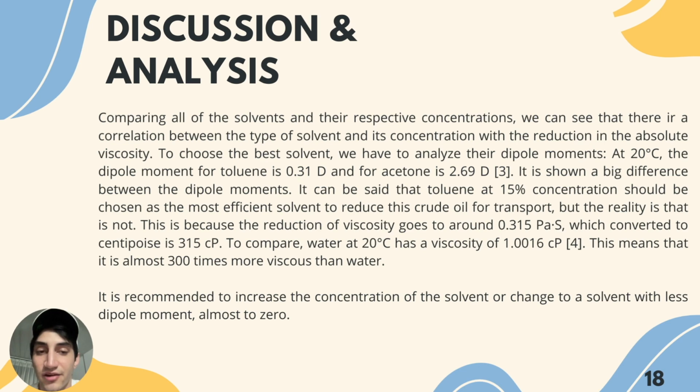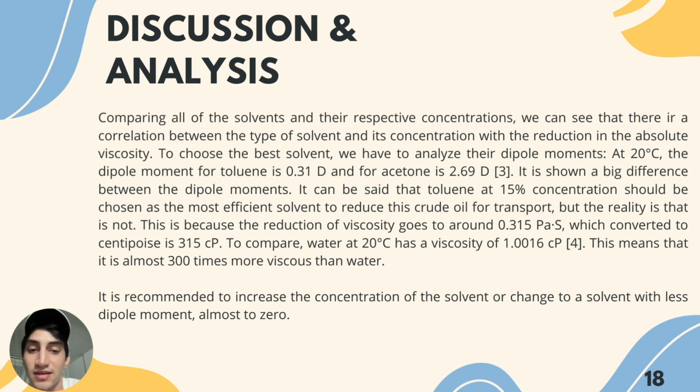So we can see that there is a big difference between these dipole moments, because toluene is much less than acetone. So we can say that toluene at 15% concentration should be chosen as the most efficient solvent and used in this real life situation of reduction of crude oil viscosity. But the reality is that it's not. Why? Because the reduction in viscosity